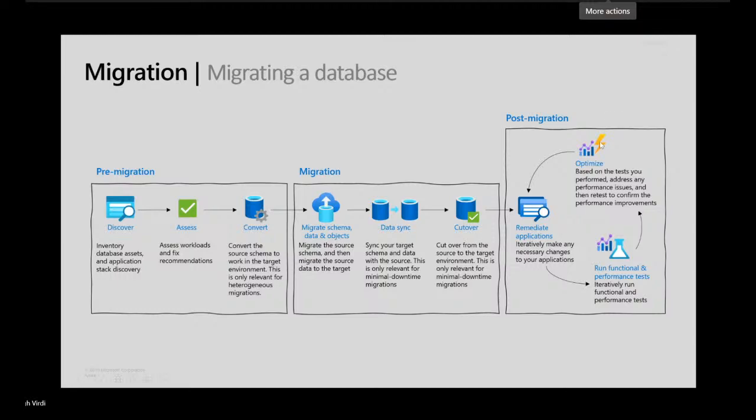So there is a phase of activity within this post migration step where we look at a lot of different code and optimize it to use native features rather than compatible features, right? Because native features will give you much better performance. Now, this is the whole migration methodology.